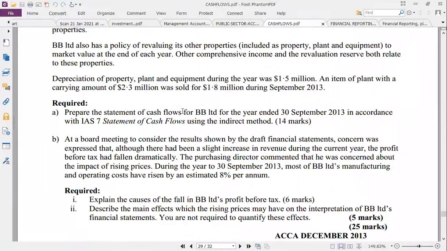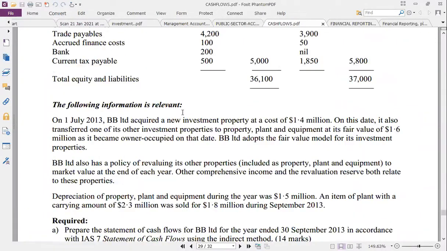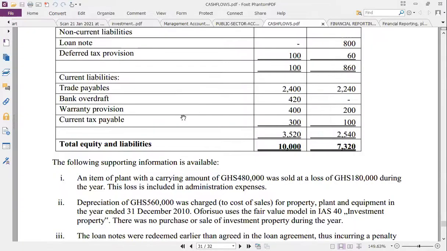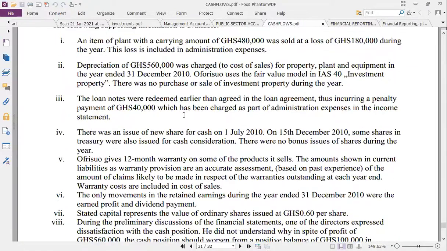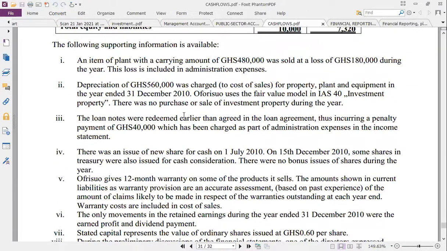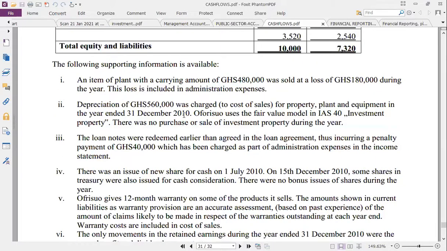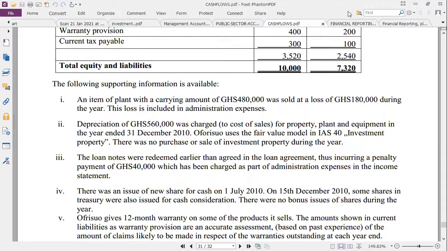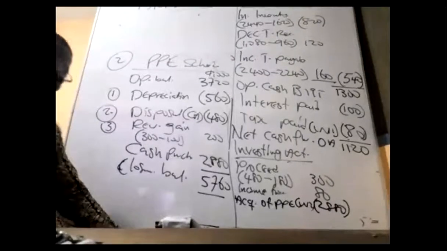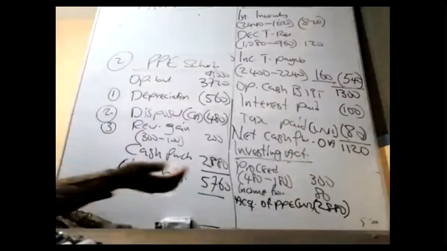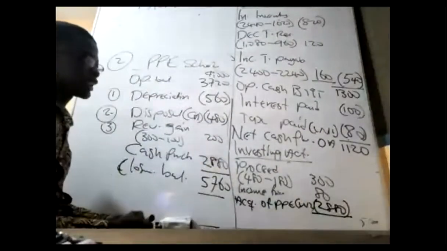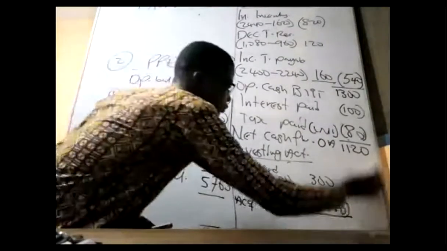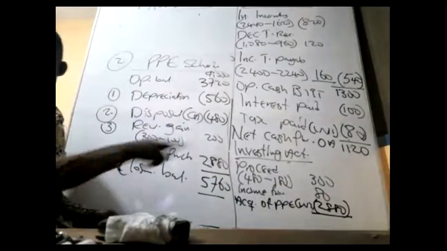So I think that's all. I've done this question too. Basically, no other item again. Okay, perfect, so we are done. Let's go to the last item. Only 3 items, sometimes 1, sometimes 2 for investing. So let's add up and get the net cash flow from investing activity, and push it there.